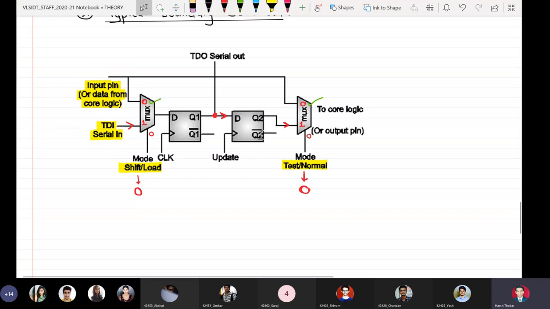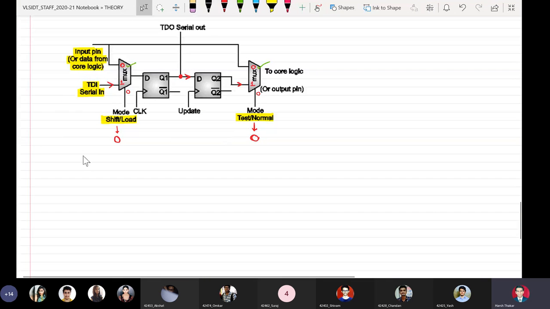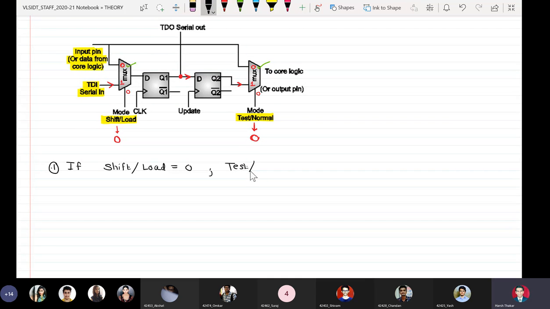We can write it down like this: first, if shift or load equal to 0 and test slash normal equal to 0, then